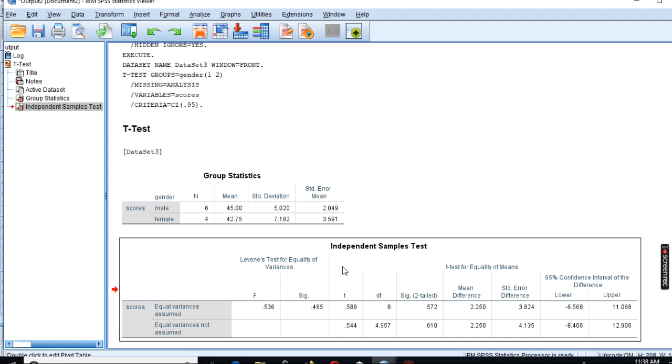The degree of freedom is 8. Both of the tests have a p-value greater than 0.05. And I conclude that the mean score of male and female students in physics is equal. And my hypothesis stated before is hereby upheld,